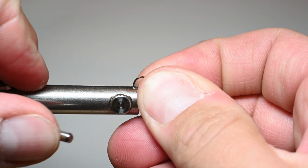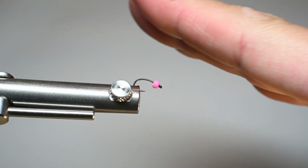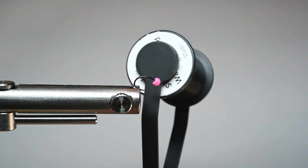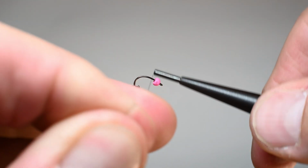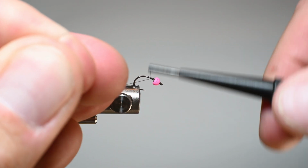And then we'll go ahead and put it in the vise at a downward angle, about 30 degrees, so that it keeps that tungsten bead there, but also will help us when we're tying into the bend of the hook. We've got some Semperfli wax thread in 12/0 in black. The black thread will be our body, so if you want to do a different color body, just use a different color thread. And I'm going to start with touching wraps, working my way down the hook shank here,